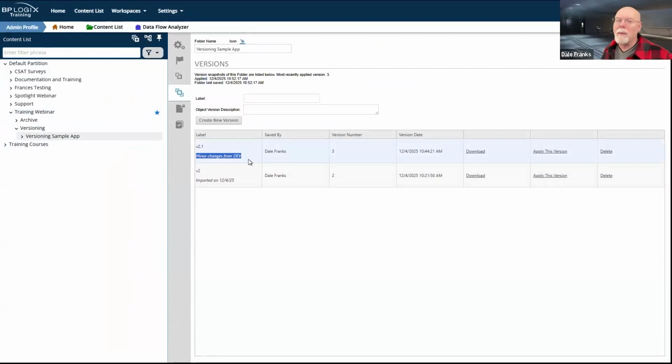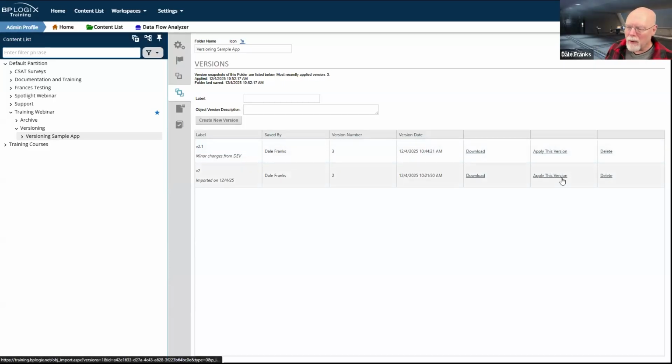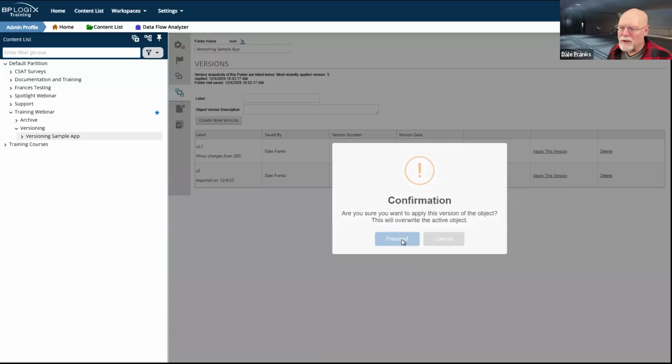Technically, our recommendation, and we'll talk about what you're actually going to do in the real world in a minute, is that you immediately say, okay, this is a mistake. So let's go back from version 3, which is our most recently applied version. Let's go back and apply version 2. So we will apply version 2.